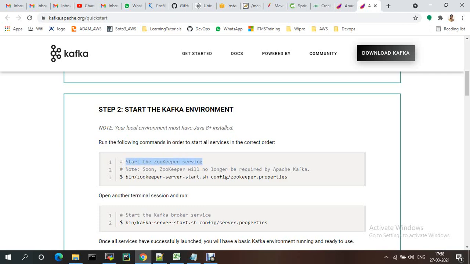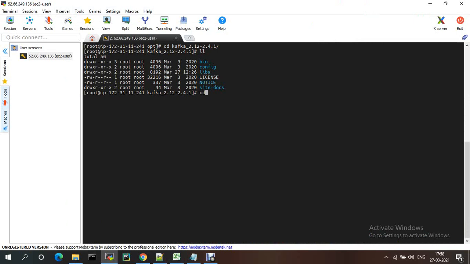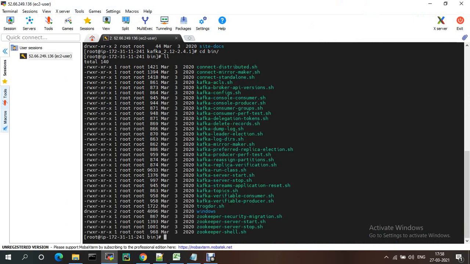Start with the Zookeeper service. If you go to the bin folder, we will see a list of files: Kafka server start and stop, and Zookeeper server start and stop. Whenever we need to start the services, we first start Zookeeper and then Kafka.